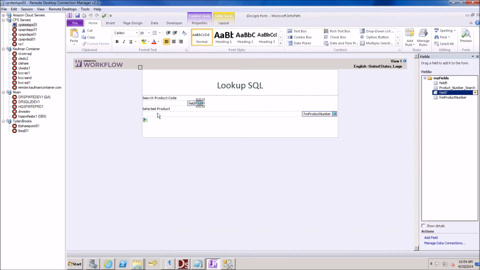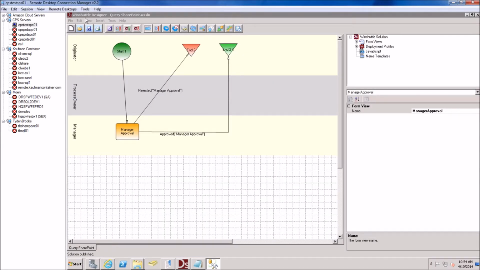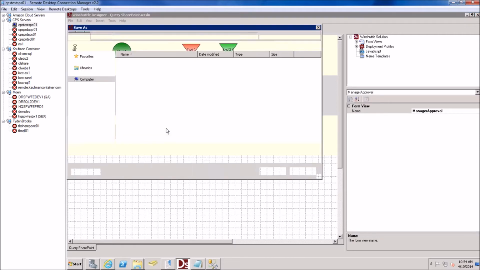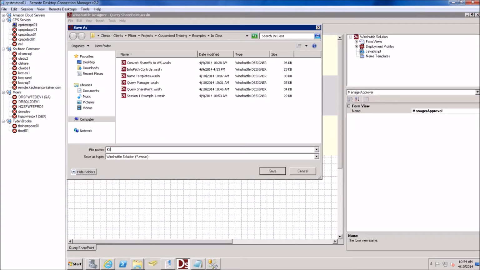pop-up window, and then we'll select from the pop-up window. So this current user control and save. So we'll save this. We'll close it. We'll say file, save solution as. We'll call this solution lookup